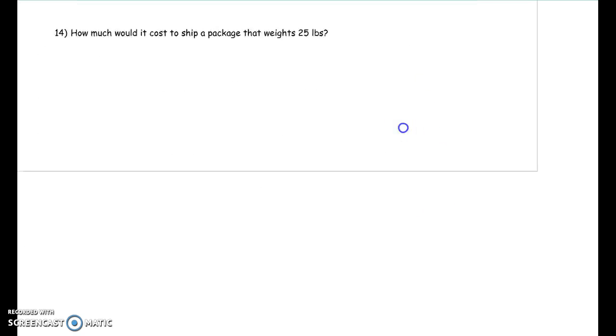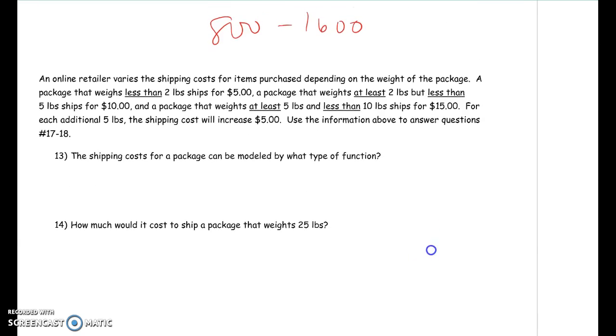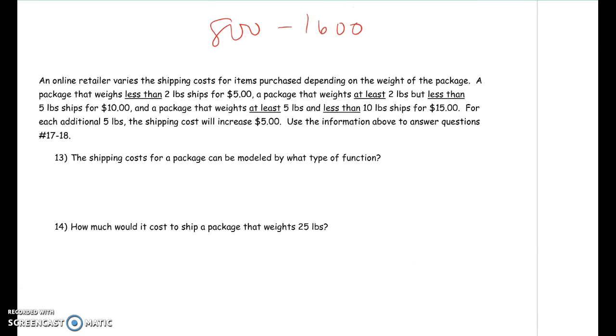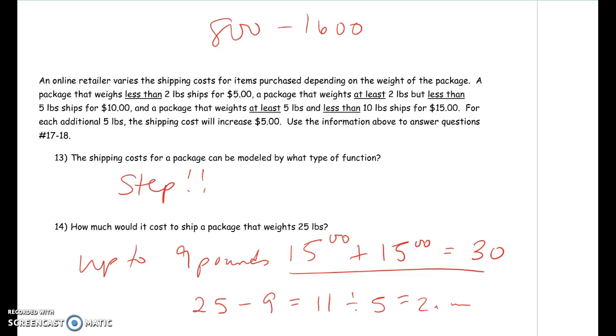Okay, is this almost over? Because my video runs out in 30 seconds. Holy crap. I'm going to just hit pause and write the answers and come back, and hopefully that's enough time. Okay, this is a step function. We talked about it earlier. Number 14. Up to 9 pounds is 15, but you have to add another 15 because 25 minus 9 is 11. You divide that by 5 and it's